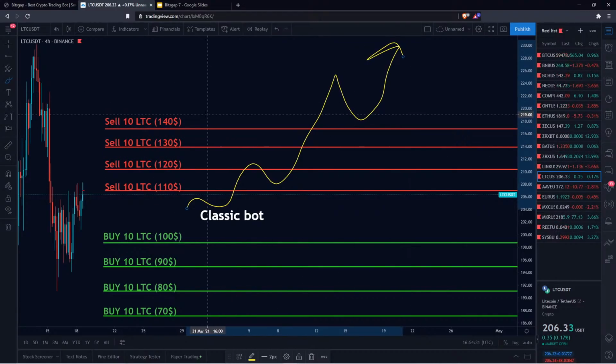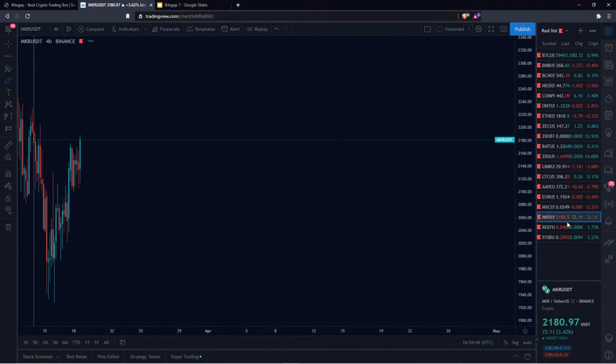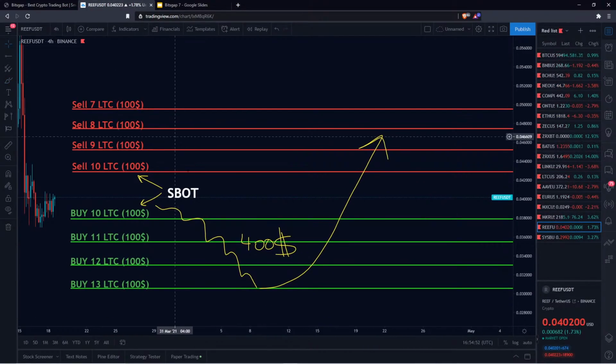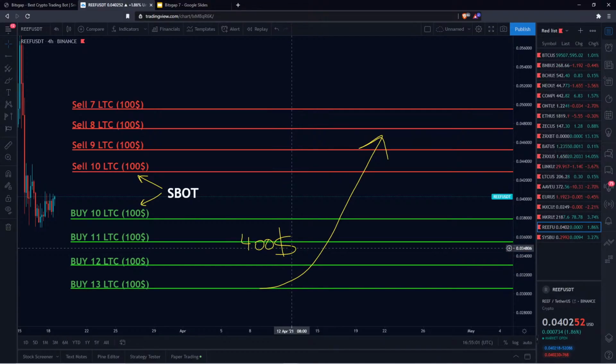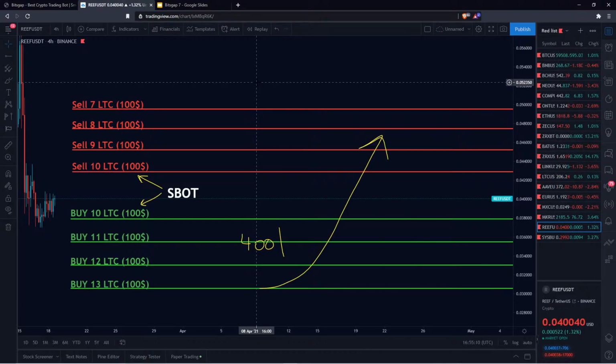That means that your investment exposure is bigger with the ClassicBot, and that's why on the rising market you have more LTCs generated than the SBot, and that's why you will earn more. Whereas on the sideways, SBot offsets the downfall by buying more coins using cheaper price, and that's why it quickly offsets the downfall that you had on this cryptocurrency. So that's the difference between the SBot and the ClassicBot, and that's I think the best